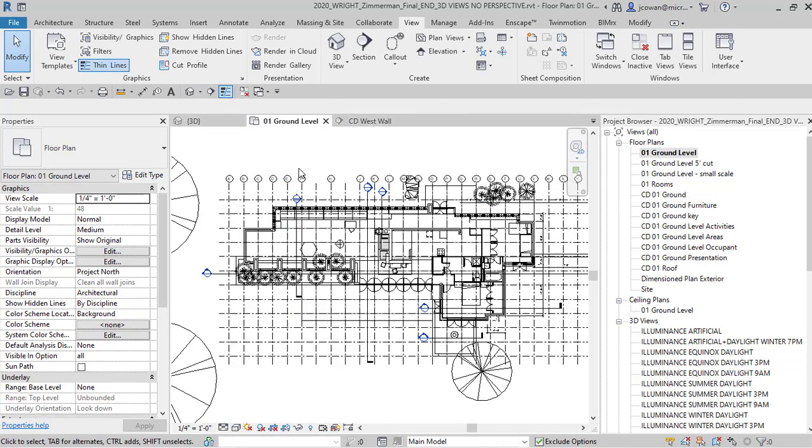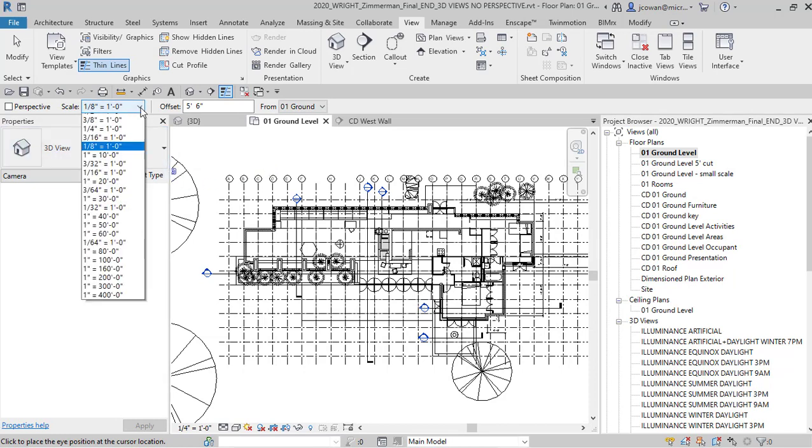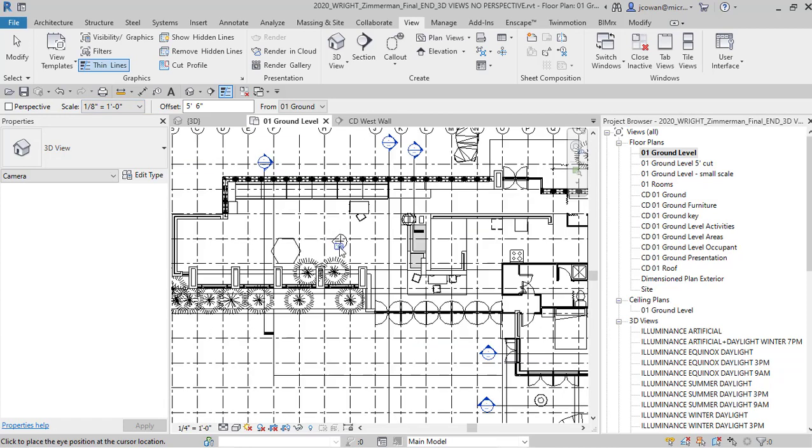I've got my views up here, and what I'm going to do is say create a camera view that is not a perspective. So on the options here, I'm going to remove the checkbox from where it says perspective. I could specify the scale for the outgoing view. I'm going to keep it at 1/8 inch to the foot. And when I pick this in the model, I'm just going to place it anywhere in this view. That's the camera. And then, although the next point lets me place the target out to the side somewhere,